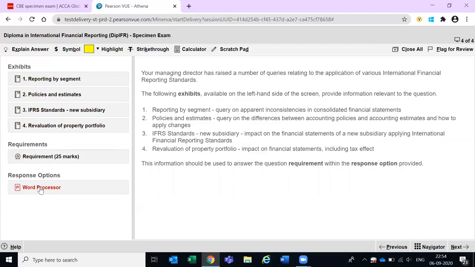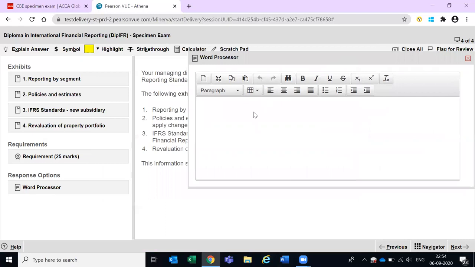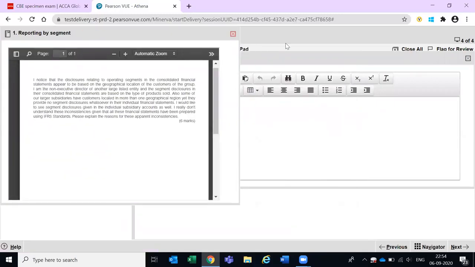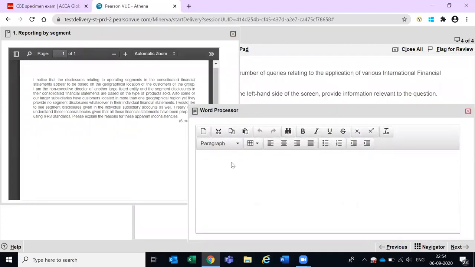And my answer is more descriptive, where I'm supposed to give an explanation to the examiner about that. So let's say I pick the first scenario. It says, I notice that the disclosures relating to operating segments in the consolidated financial statements appear to be based on the geographical location of the customers of the group, and as a non-executive director of another large listed entity, the segment disclosures for that company were based